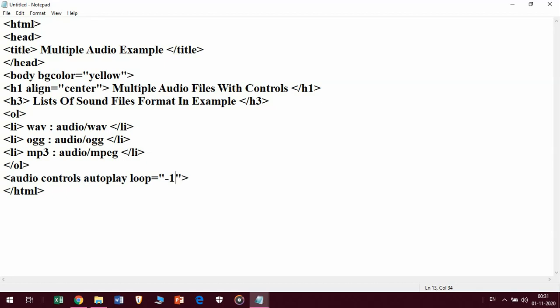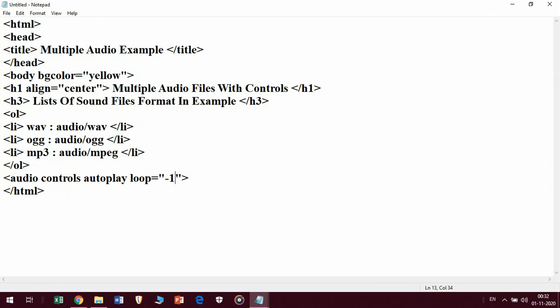Autoplay is used if you want the audio to play automatically. Here you can either manually play or pause the button by clicking it, or you can autoplay it. It is up to you.